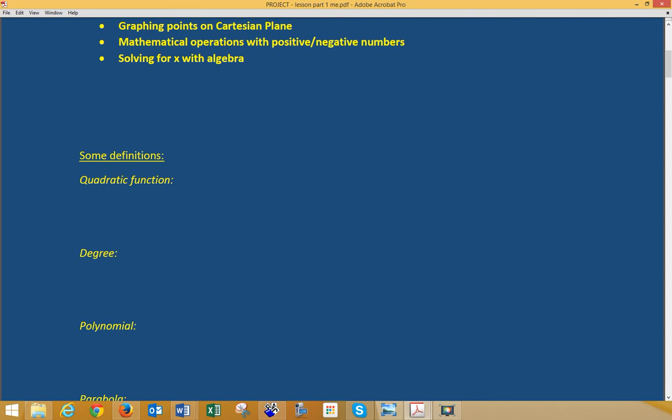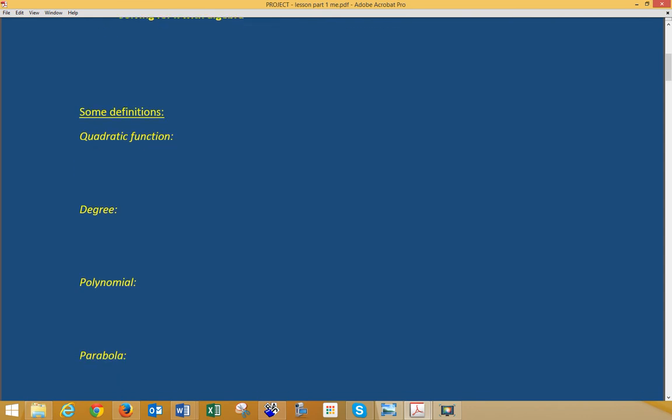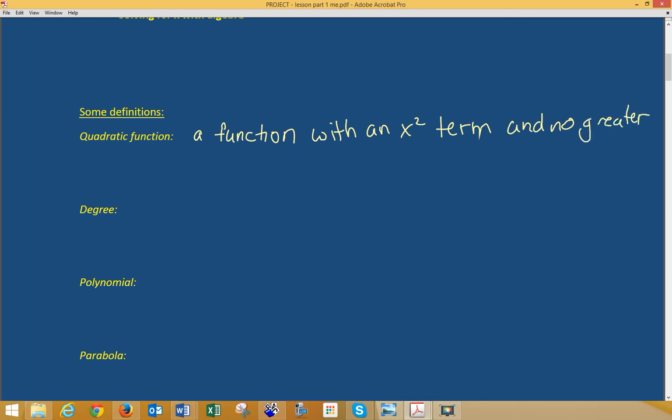First, there are just some definitions that we should go over. Now, it would be really useful if you were able to print out the notes and complete them as we go, because that will be a really good resource for you for the assignments and for studying for your tests. So first, a quadratic function is a function with an x squared term and no greater exponent